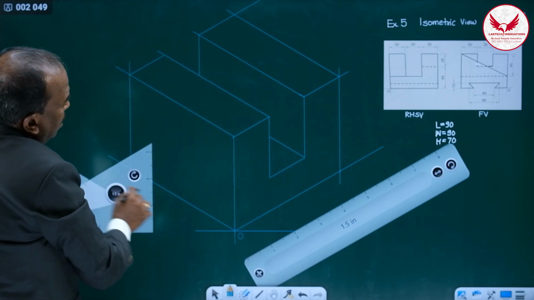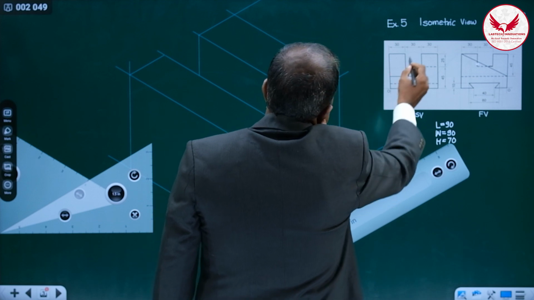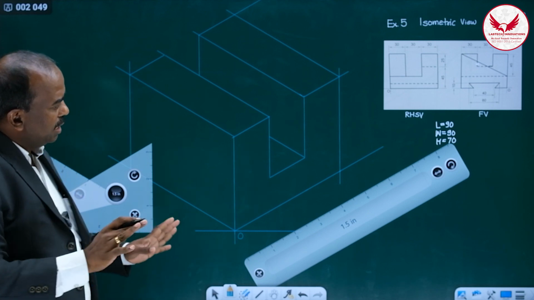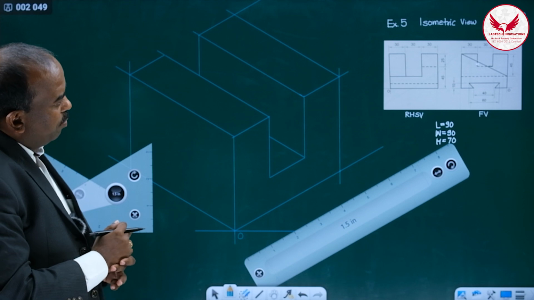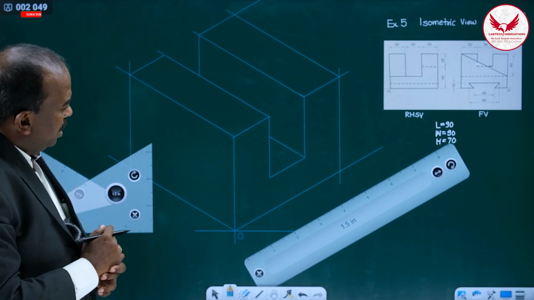Now we will find this portion of the side view. Means I have cut 30 by 45 throughout from this block. It is not existing at all. So it will give us a very nice idea of drawing this isometric view. Now if you see the front view,